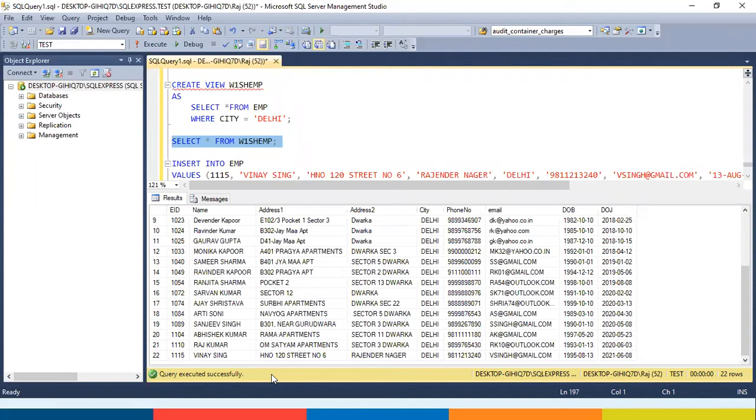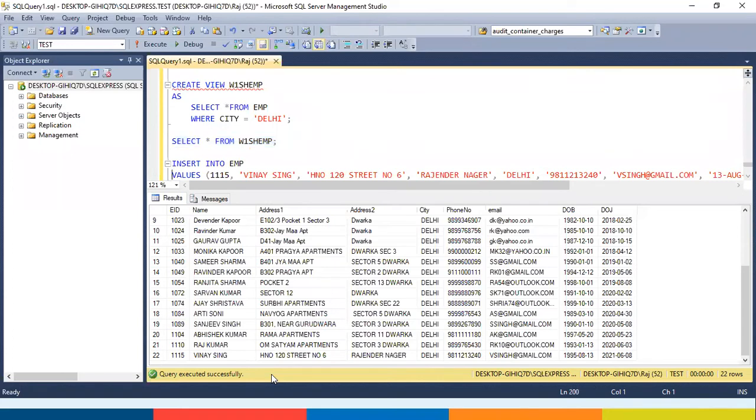Because view is a virtual table. View does not have anything of its own. So whenever you request the data from the view, the view will actually run to the main table and request the main table to give the data, and the main table will give the data and it will display you the data. So view is actually acting as a carrier. It doesn't have any rows and columns, so it cannot store data. So every time you get the data from the view, you will always be getting the latest data from the view.